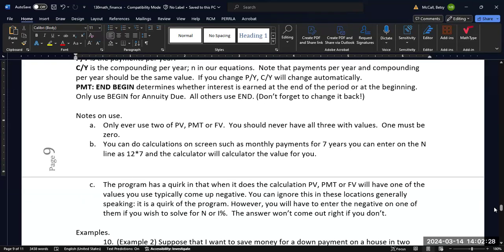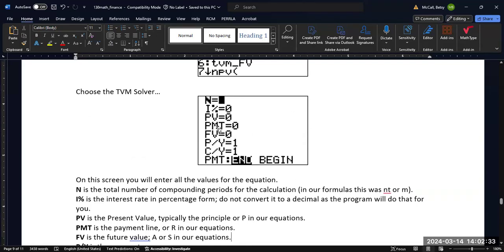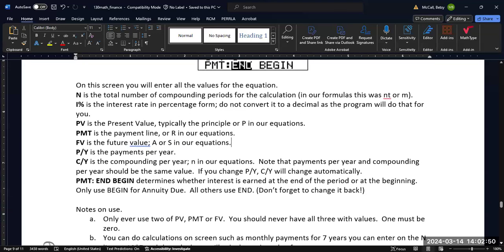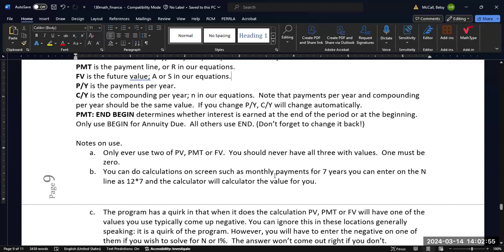Now, there's 3 of these options on our screen: PV, PMT, or FV. We generally only use 2 of these 3. So typically one would be 0, we would fill in the other one, and then we would solve for the third one. So that is something to keep in mind. You don't need to fill all of these in. If you're not using it, make it 0. And you can do calculations on screen. So if you have monthly payments for 7 years, you can type 12 times 7 and the calculator will convert